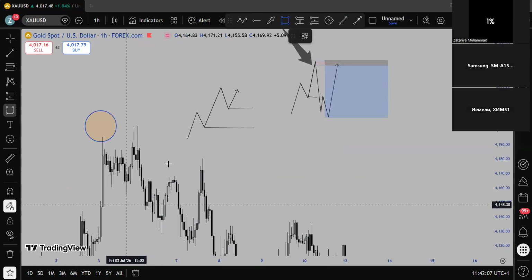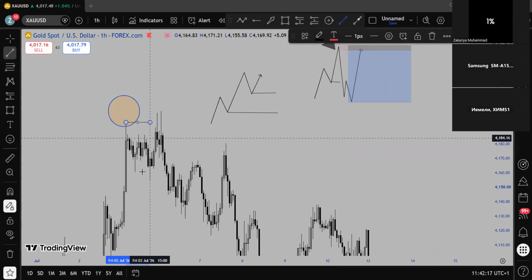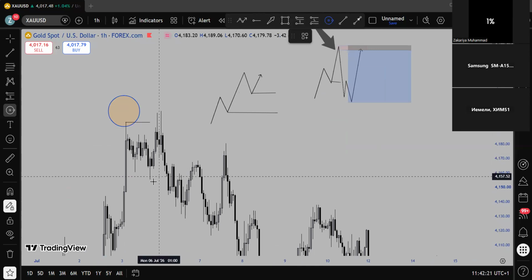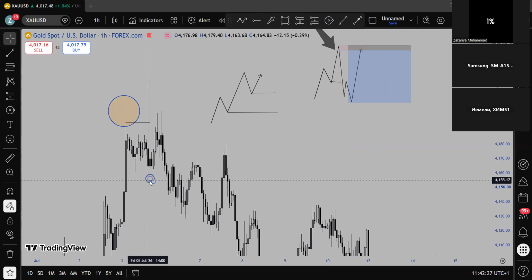So you see, when you have this structural shift in the higher time frame, when market tapped into this zone, you marked your breakup structure to the upside first. We mark this as a breakup structure. Then we look at the low that caused this breakup structure, which is this low. This is the swing low. It's the strong low because it broke structure to the upside. This is why we expect structural shift to happen.